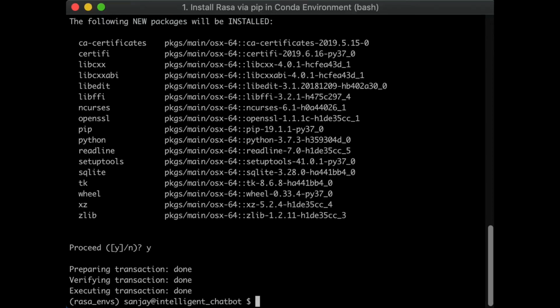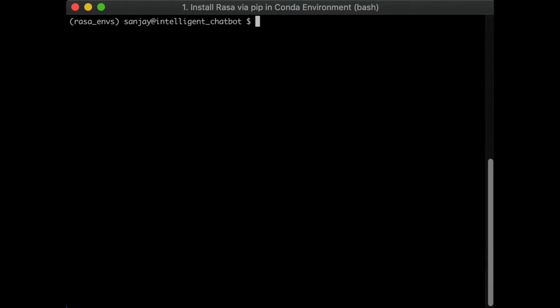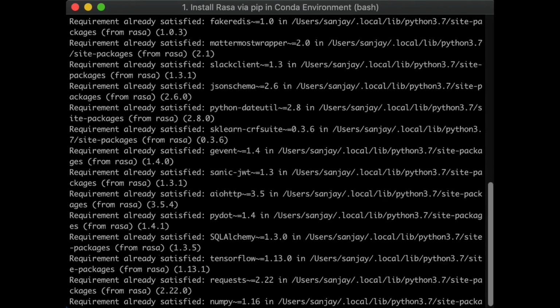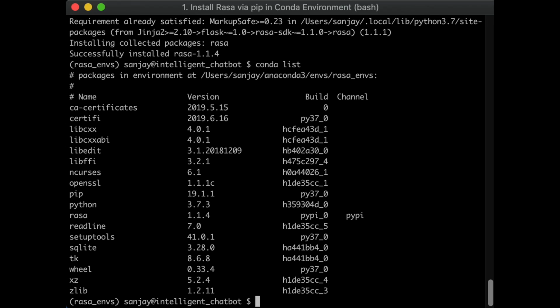And now let's see all the list of packages inside the environment. So here are the list of packages, and now let's install Rasa with the pip command. So the command is pip install rasa, and here you can see it has been successfully installed. And let's check whether this Rasa package will be shown inside our list of packages. So here you can see that Rasa with the version